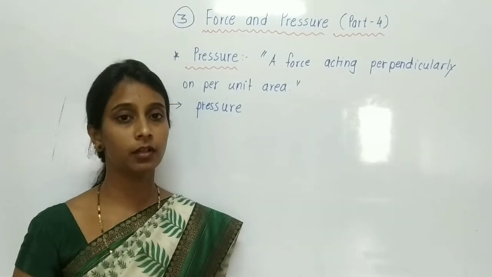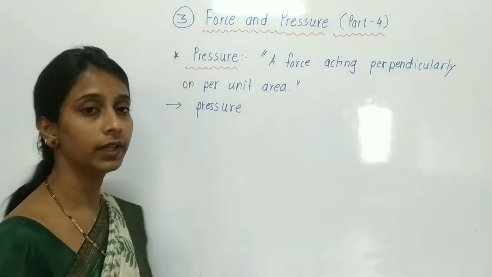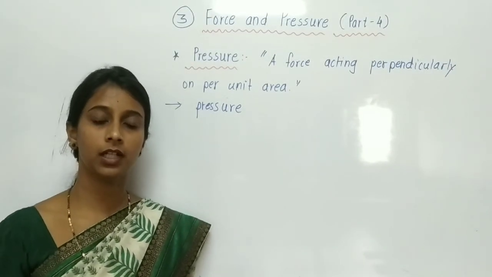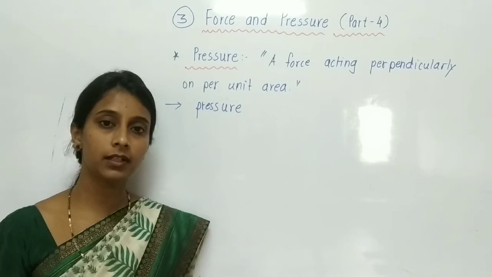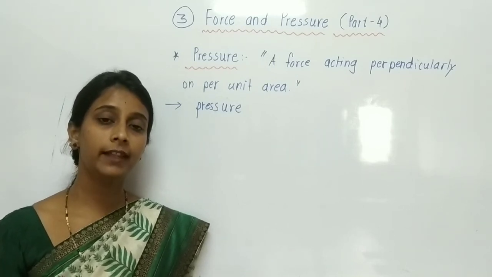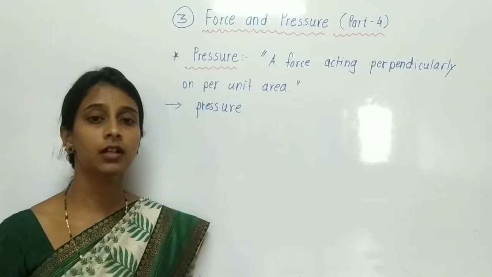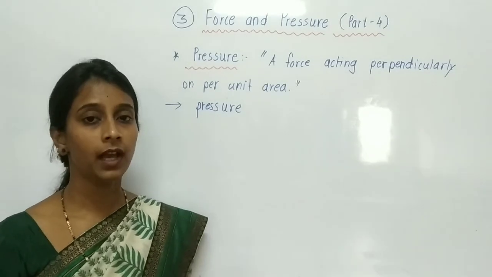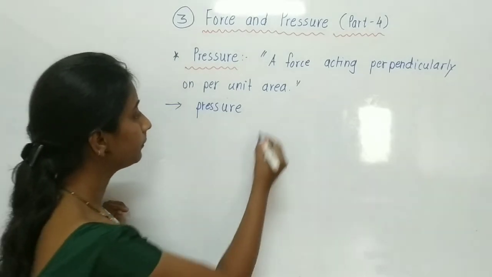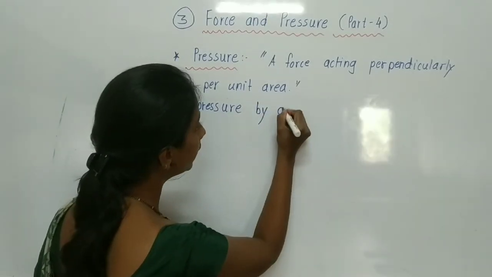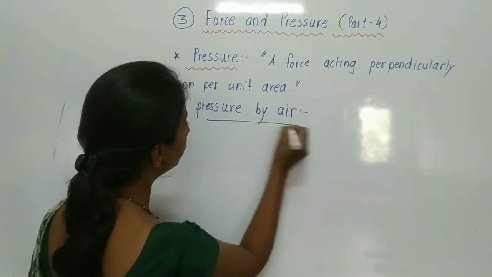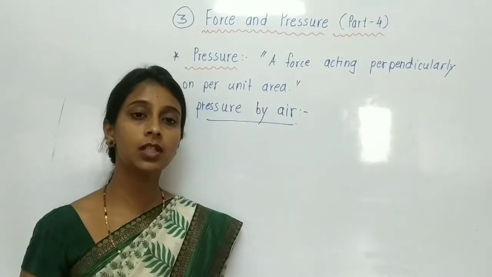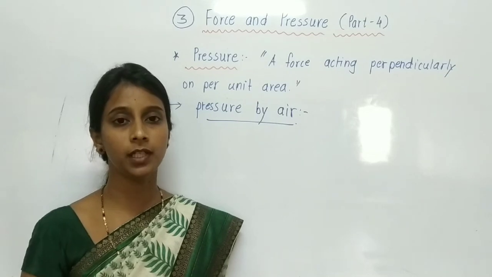Now students, come to the next. Also, the air which is present around us, the atmosphere. We are present in the atmosphere. So gases, different gases, the air mixture, exert pressure on us, pressure on everything present in the atmosphere. Our next point will be pressure exerted by air. The pressure exerted by air is also called atmospheric pressure.